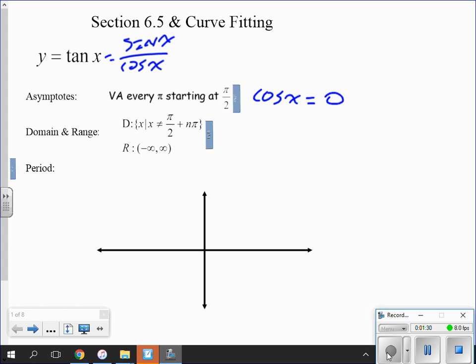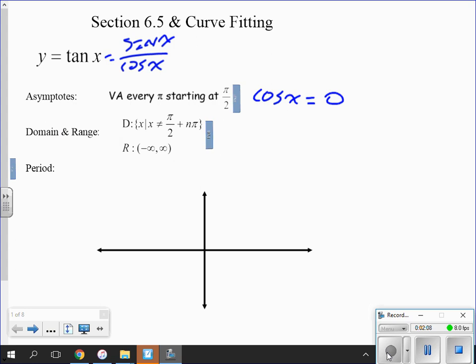Okay. Your domain and range. Your domain, your x inputs, are everything except for where the cosine is 0. So every odd pi over 2 value: pi over 2, 3 pi over 2, 5 pi over 2, 7 pi over 2, 9 pi over 2, any odd pi over 2 value, including negative ones, negative pi over 2, negative 3